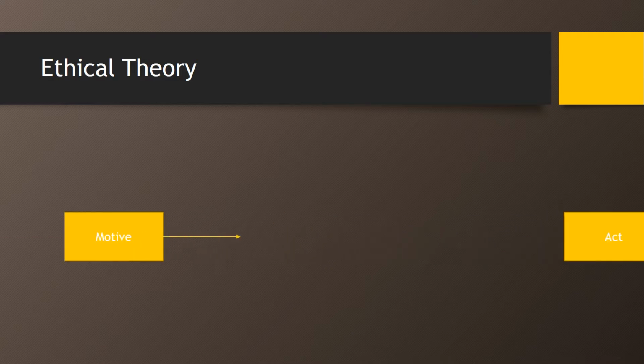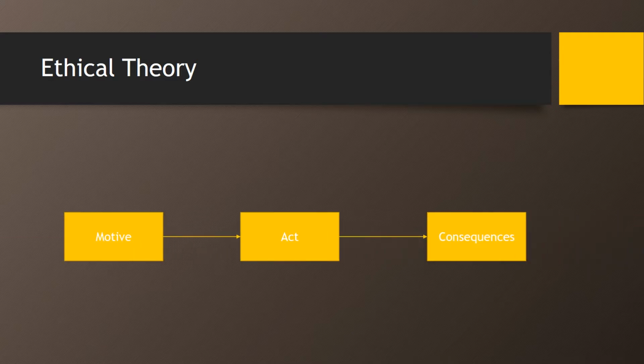Now, if you recall from previous lessons, we can group at least the deontological ethical theories, or duty-based theories, and the utilitarian theories, which are a consequentialist kind of theory, based on what they take to be the most important thing in this kind of analysis. Virtue ethics is a bit different, and our text doesn't use this kind of graphic, but I think it's helpful a little bit to think about this and to think about, rather than the motive, the person.